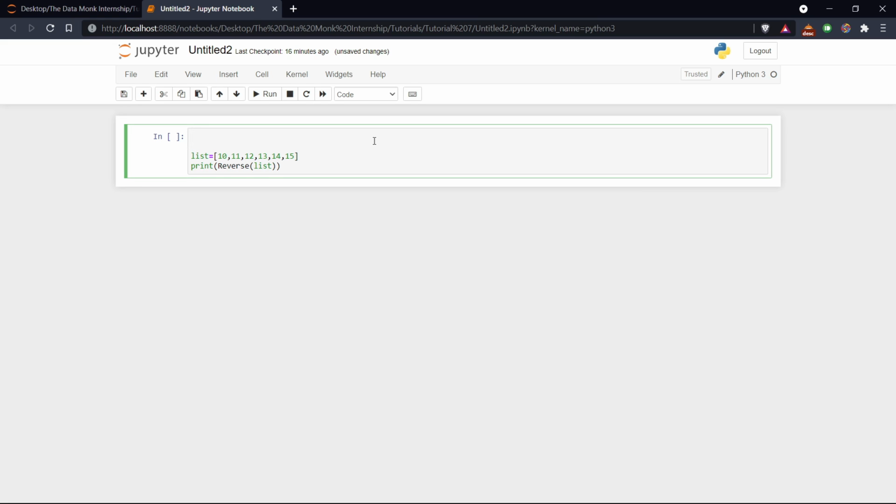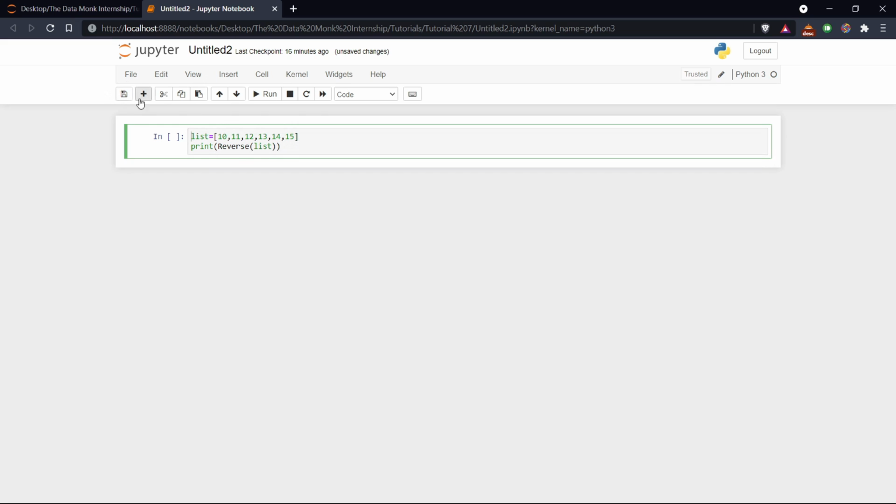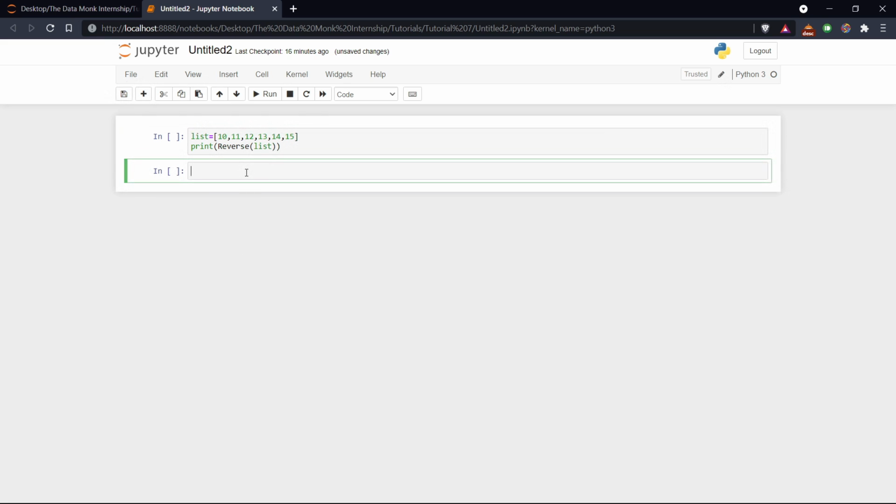Now let us take another code box where we will write our first approach. For that we have to define the function. So let's define the function def reverse and accept the list in a variable. Let's use the same variable name list. It's the same variable name, but a new variable will be created here. So inside this function we have to write a simple return statement. To make it very short, let's write return, and in return we will have a list.